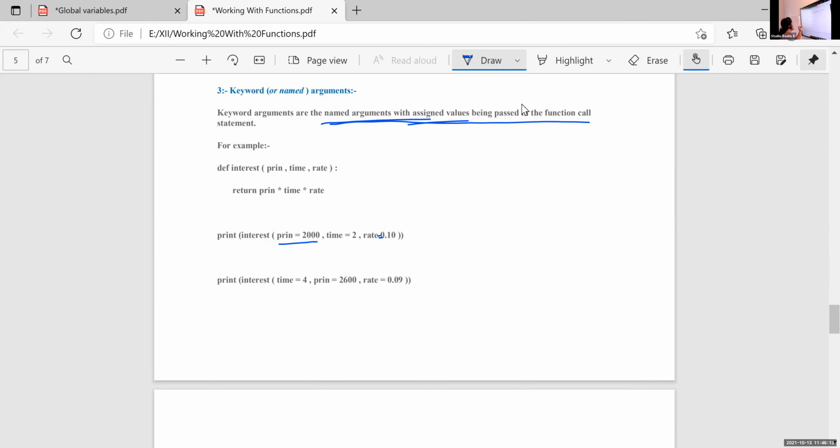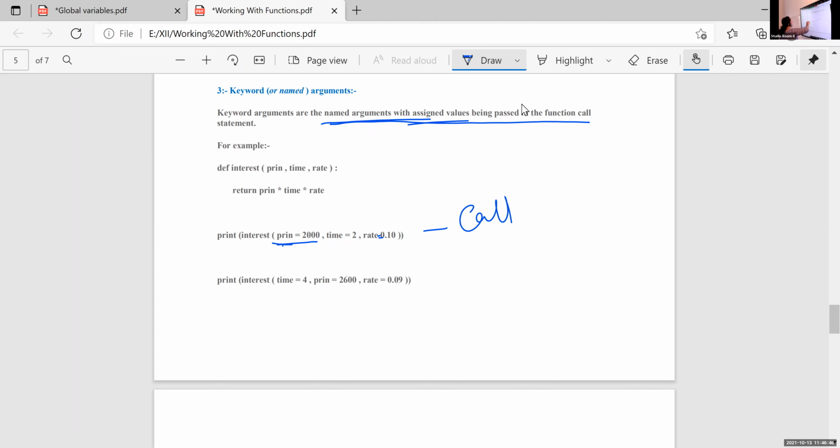In the case of default argument, we give the assigned value at the time of function header only. But in the case of keyword argument, in the function call statement, we are using the argument name along with the assigned value. So principal is equal to 2000, time is equal to 2, rate is equal to 0.10, just like that.